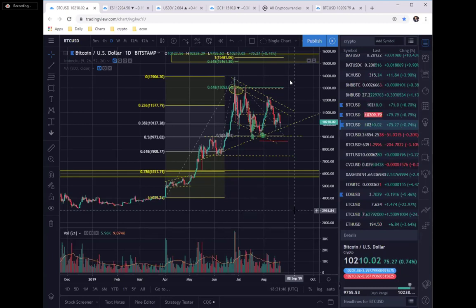And if and when it has its next major parabolic blow off top, where you can get another crazy all tides rising type scenario where you get a new wave of retail users rushing on board. In the meantime, one has to try to pick solid projects that could even have a chance of surviving that. You might get these smaller alt seasons, but in that process, we're gonna continuously see more